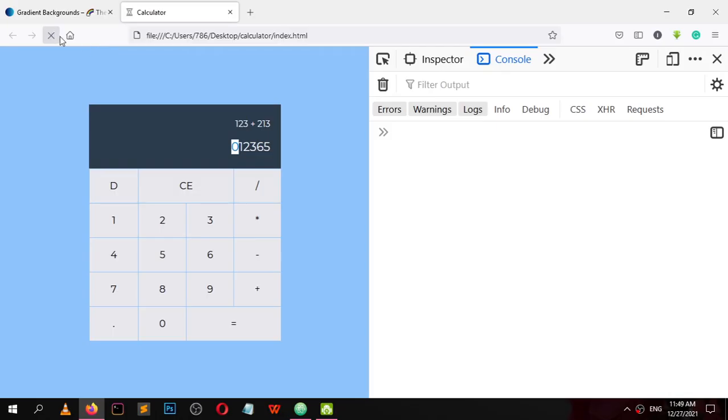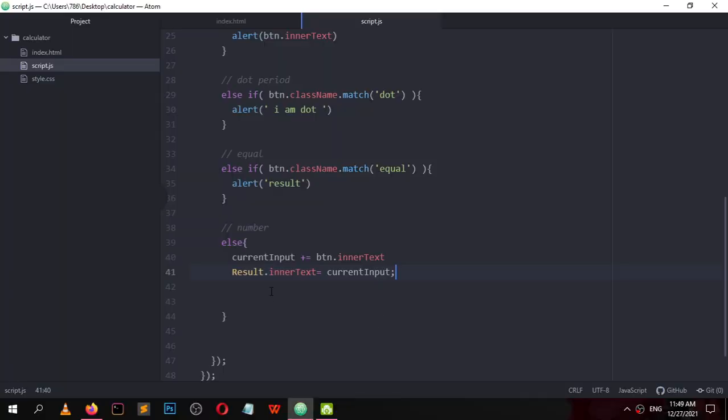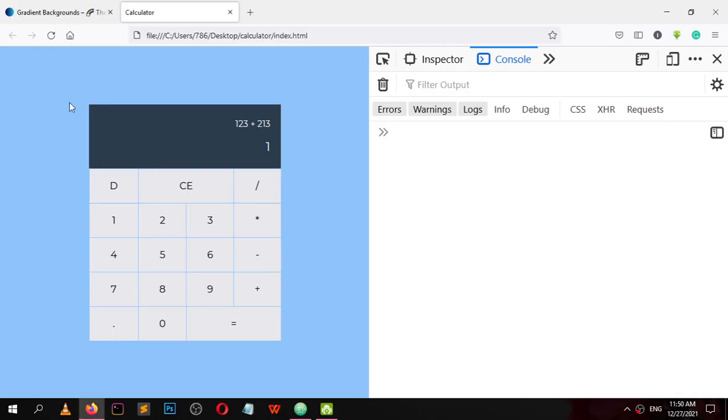Now reload. It starts from 0 and do 1. Now as soon as I click 1, the current input is equal to this button dot inner text, that is 1, and the result dot inner text is equal to current input. Current input is 1, 1, 2, 3, 6, and so on.